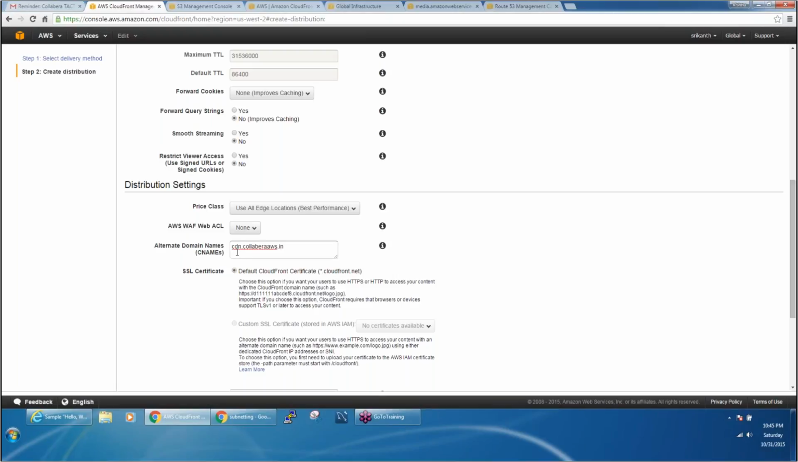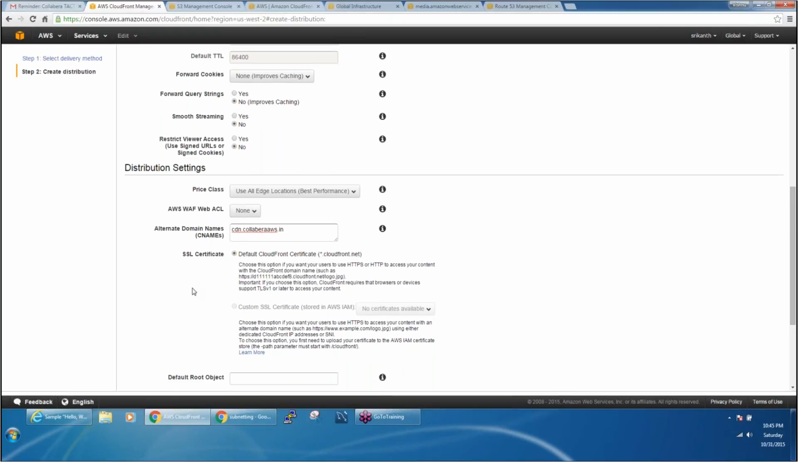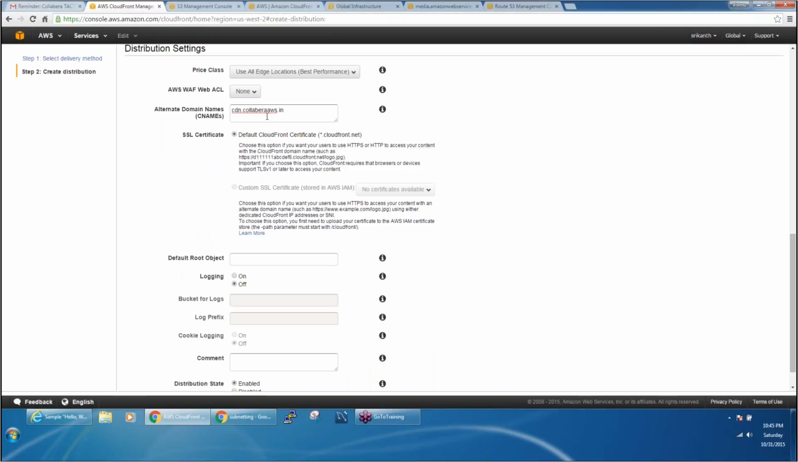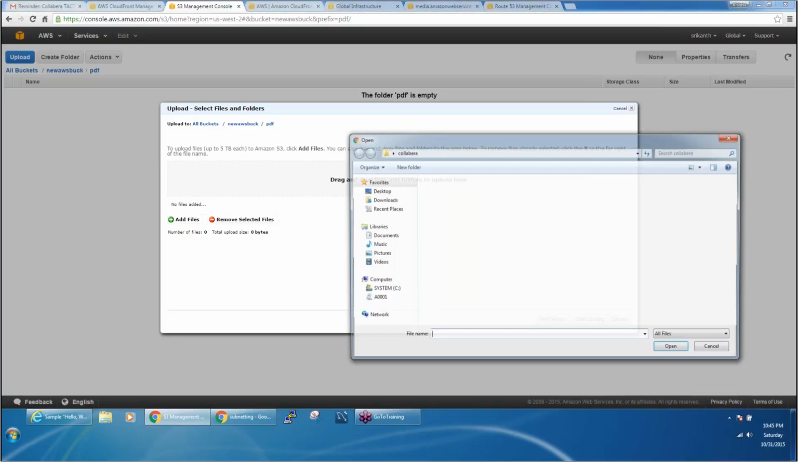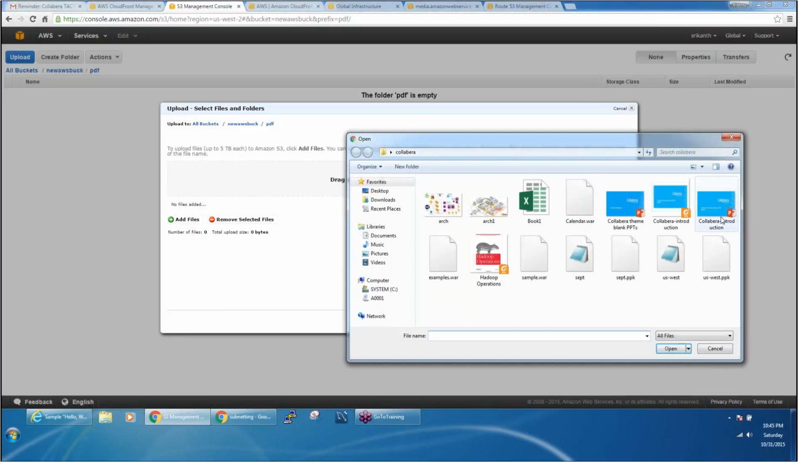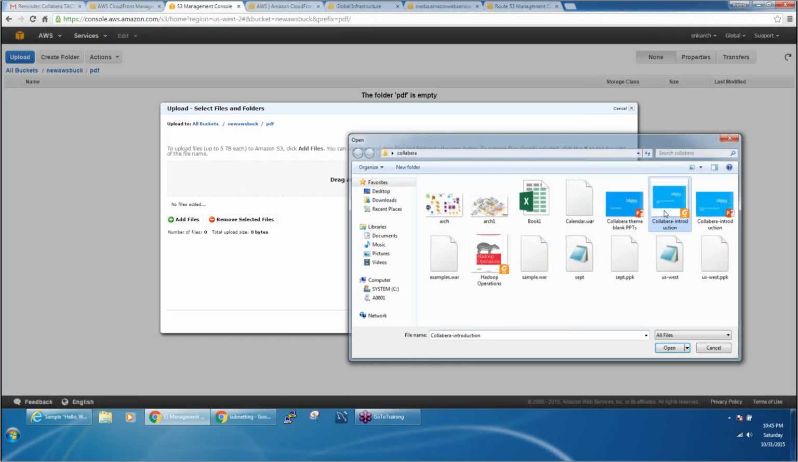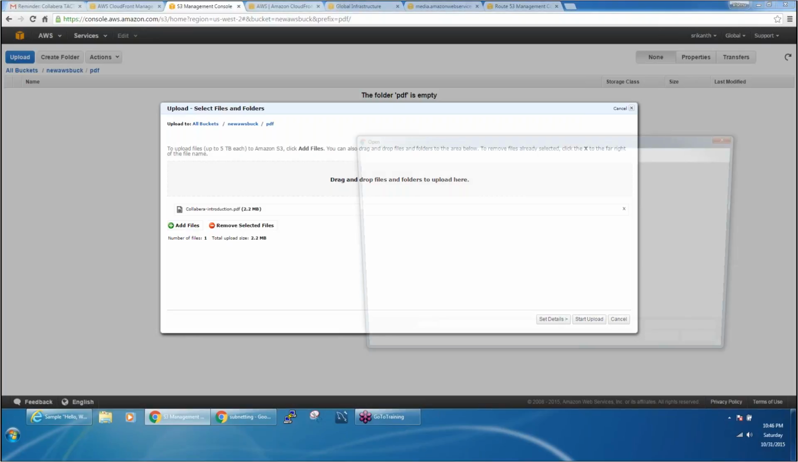So what I'm doing is creating cdn.collabora.aws.in. That will be my alternate domain name. Then what should be the default object? Whenever somebody tries to access this page, what should come up first? Do I have anything in this PDF folder? I don't have anything, so I'm going to upload a couple of files. I'm going to upload this file, and I'm also going to upload